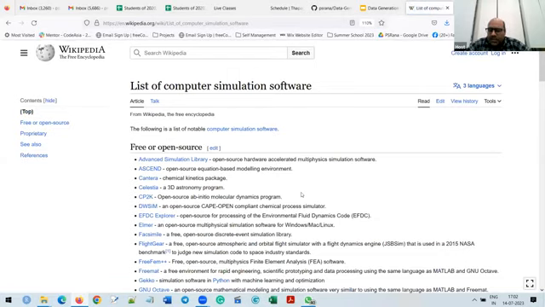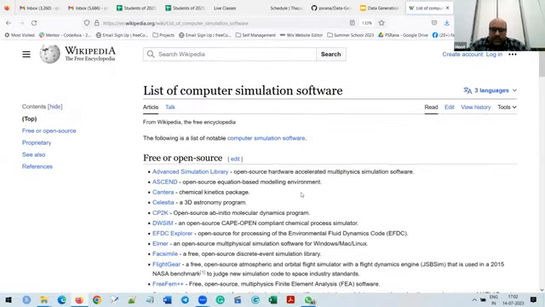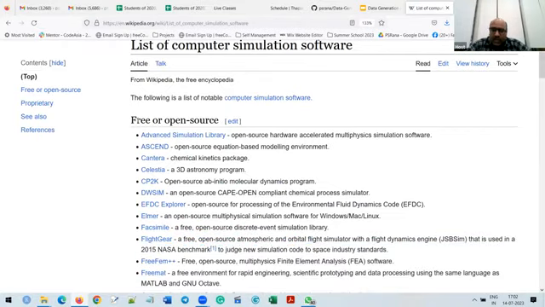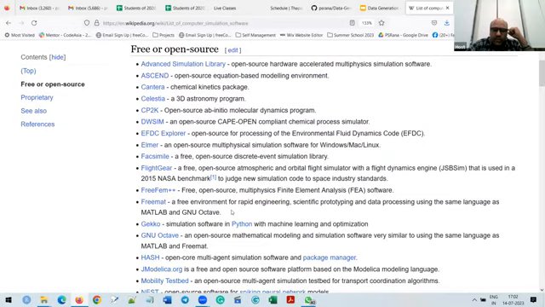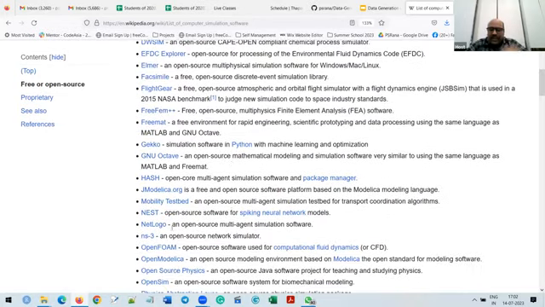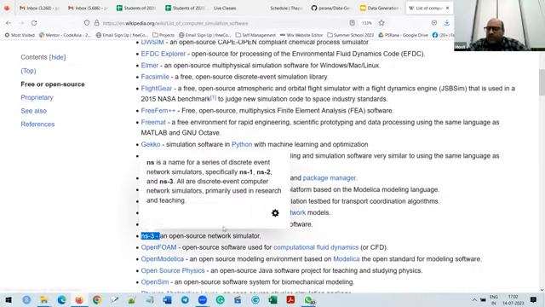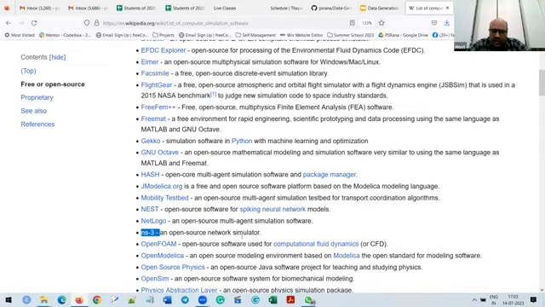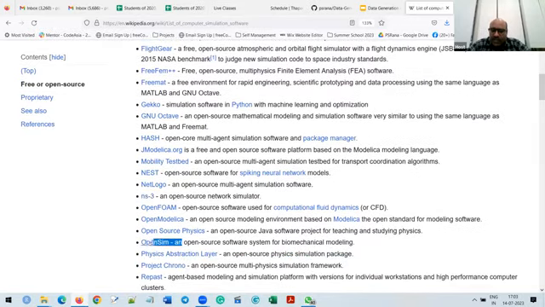So class, this is the list of simulation software, and the best part is that they are available in different domains. These are some of the software; you may already know many, like NS2, NS3, the network simulator 1, 2 and 3. This is a simulation tool highly used if you're working in networking. Similarly, OpenSim is used for biomechanical modeling.